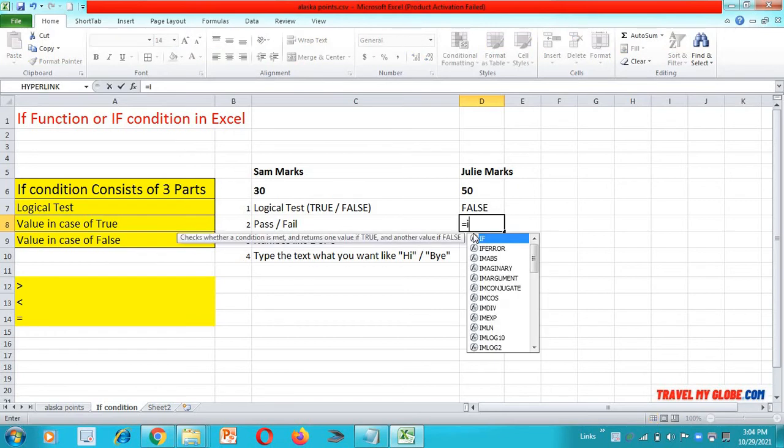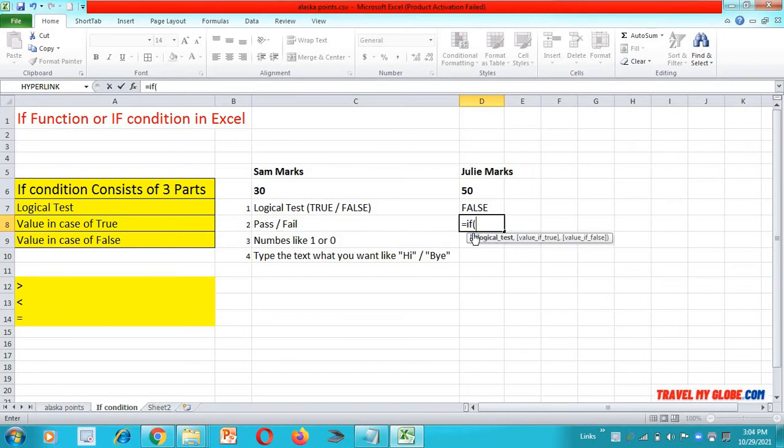This condition: IF, bracket starts. You can clearly see that in the IF condition it asks first for the logical test. That means, what is the condition? My condition is that if this is greater than this, that means Sam's marks are greater than Julie's marks, then type.